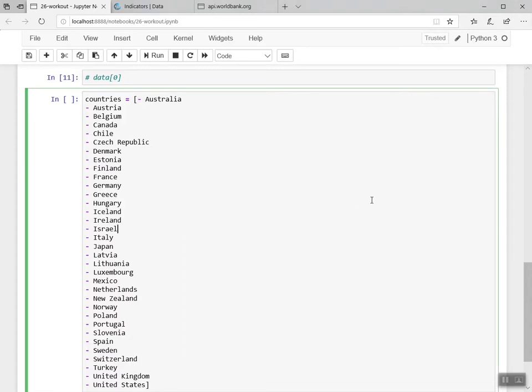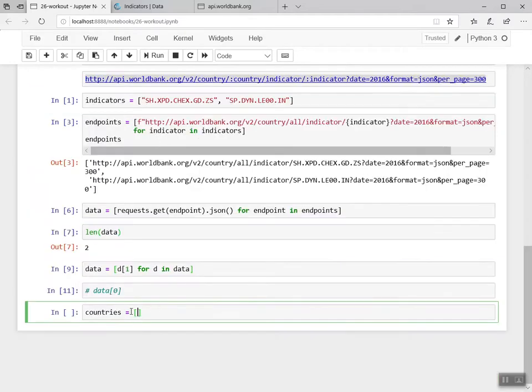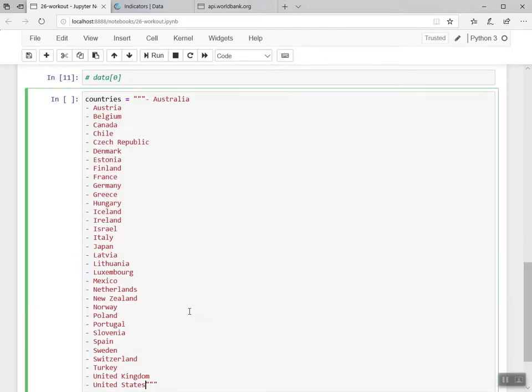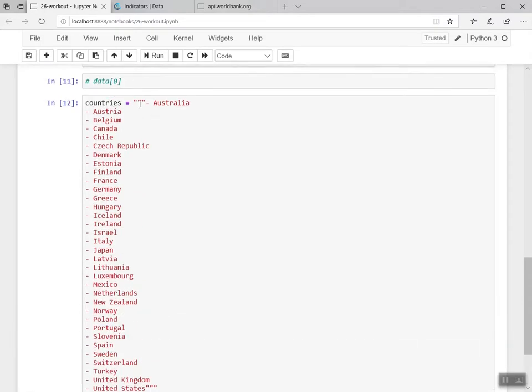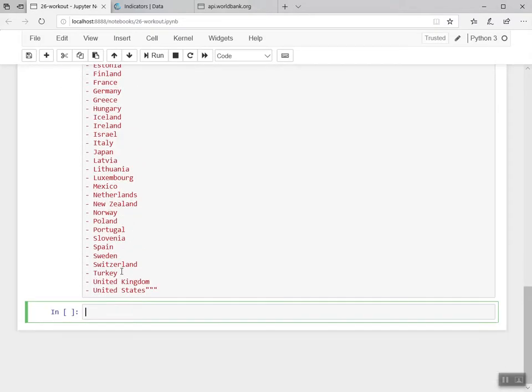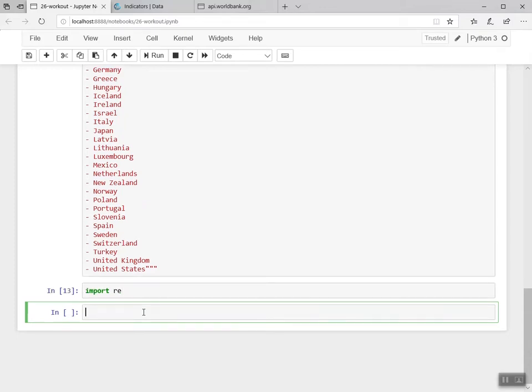The other alternative is, instead of doing this manually, to use Python itself to do it. So basically, I'm going to store countries as a string instead of a list. This is a big multi-line string, hence the 3 quotes. And what I'm going to do here is use regular expressions to extract country names. So I'm going to import the regular expression package. And then my expression here is